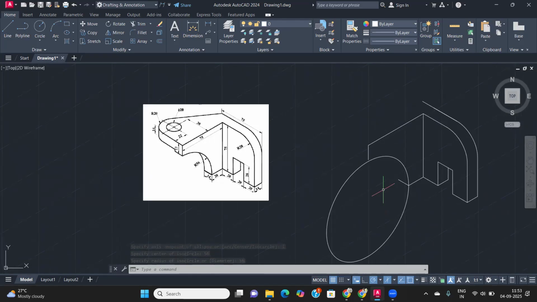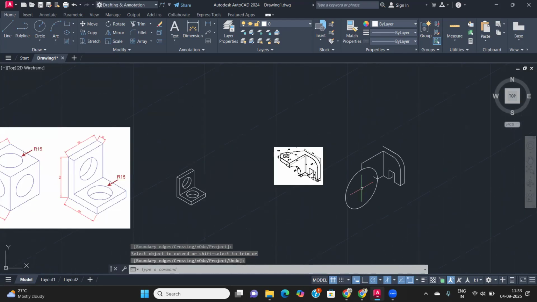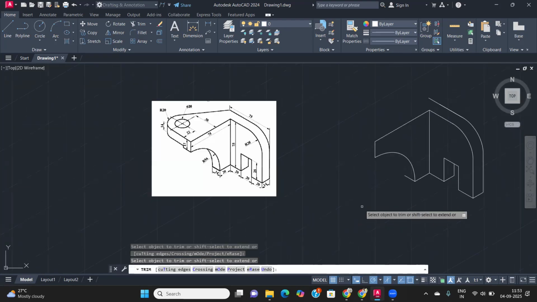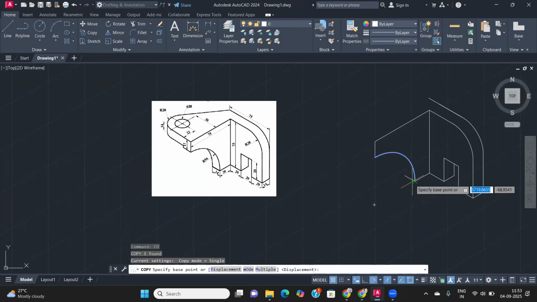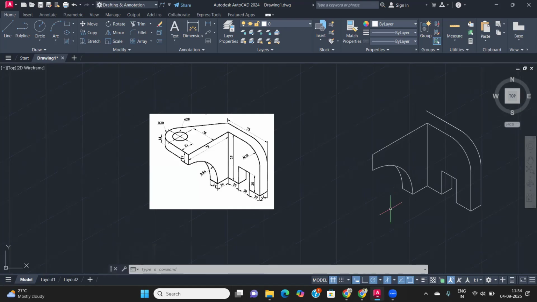And then what you do one thing, first of all is extend, मैं इसे extend कर देता हूँ, ठीक है। And then enter, and then after this trim this part, ठीक है, मैं इसे trim कर दिया, okay, यहाँ तक बन गया। अब यहाँ पे मुझे next line चाहिए, तो select this path, CO enter copy command, select this point to this point, okay, and then extra part जो दिख रही है उसे trim कर दो, ठीक है। तो ये बन गया आपके पास, राइट। चलो अब यहाँ तक तो आपके पास चीजें कैलकुलेट हो चुकी है।